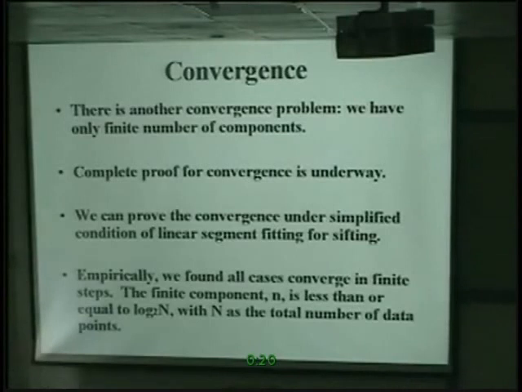And may not converge means you have one component, you have another component, you have another component. The scale is about the same. But each one, in finite steps, is stabilized. Yeah. So this convergence problem has 2. We have a finite number of components. That's another converging problem. You cannot have infinitely many. You have to go to infinity, and nobody can try infinitely many times. Therefore, it's not converging. Now, a complete proof of the convergence is underway.